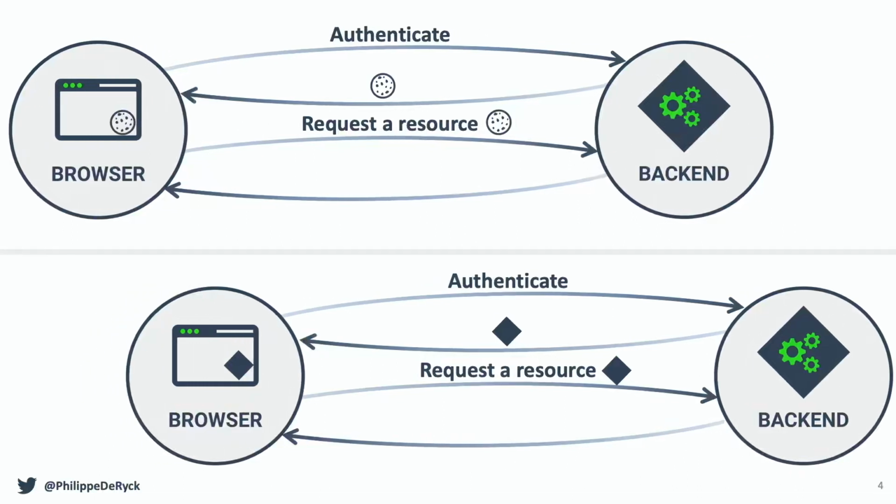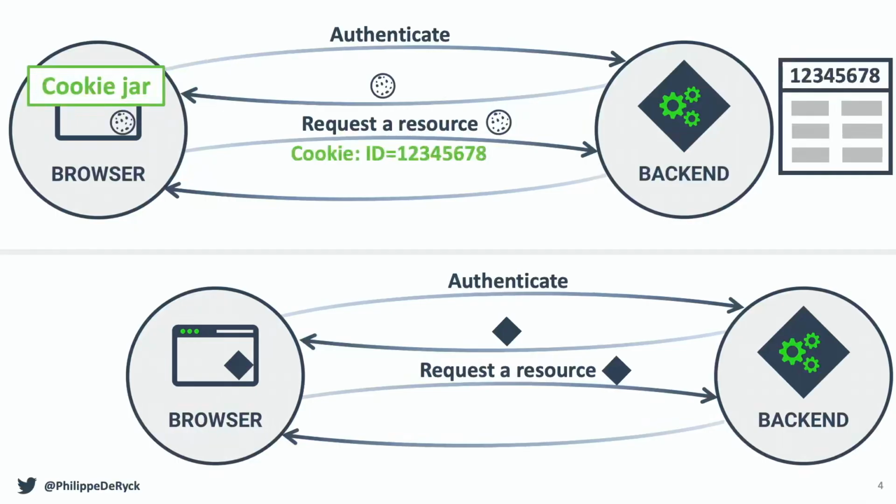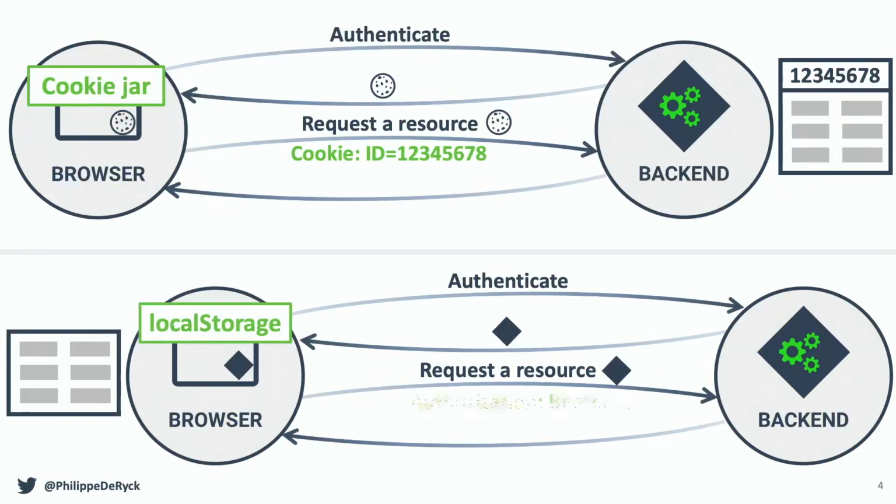If you split it out a bit, you could derive that in the old way of doing things, we had a server-side session object. So we keep something on the server, and we refer to that server-side session object with an ID. That ID we put in a cookie, which is stored in a cookie jar. Modern applications often use some client-side session object. So in a typical setup, something you have very often encountered, this would be a JSON web token stored in something like local storage and sent in the authorization header with a bearer type.